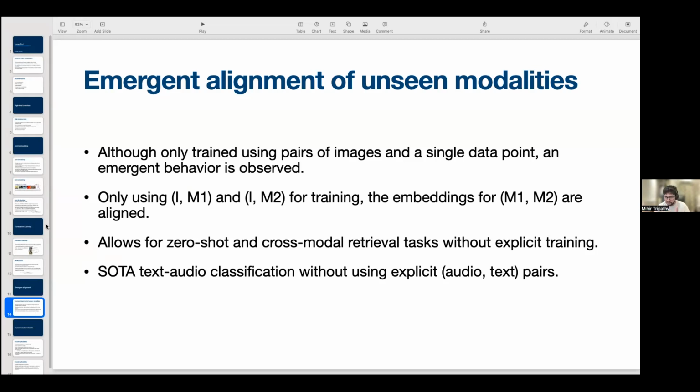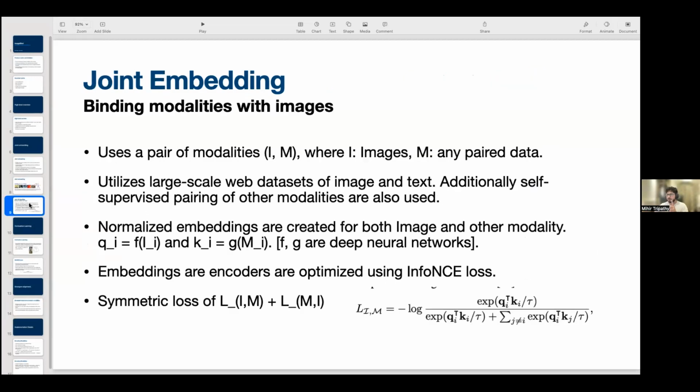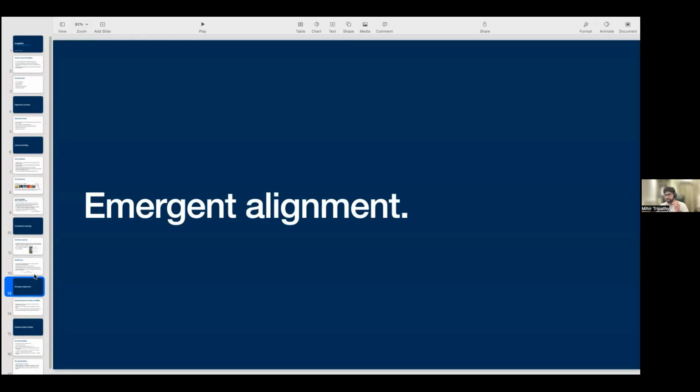Oh, by the way, another thing I did not mention. The loss function of I comma M and M comma I are summed, and then it is used for training. So images are mapped to modalities and modalities are mapped to images. Anyhow, what the teams noticed, and this is a fundamental part of the ImageBind paper, is the